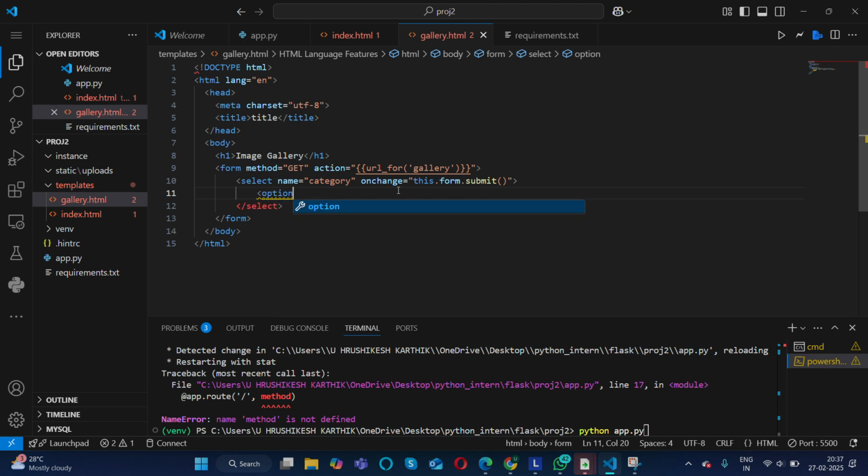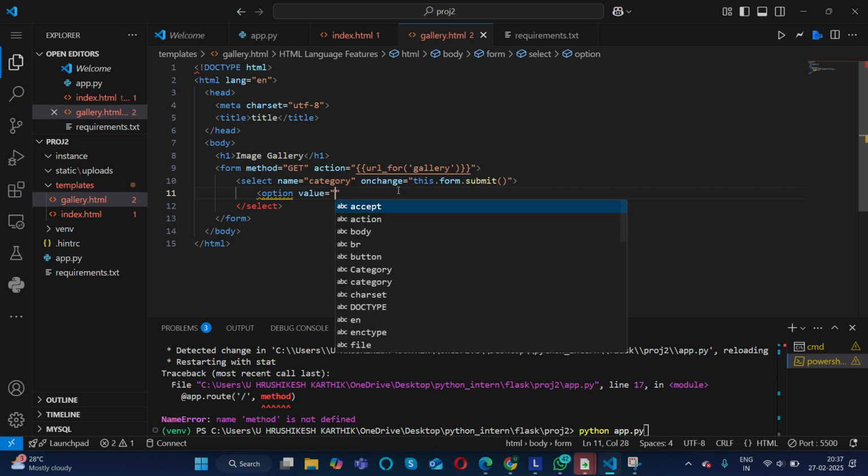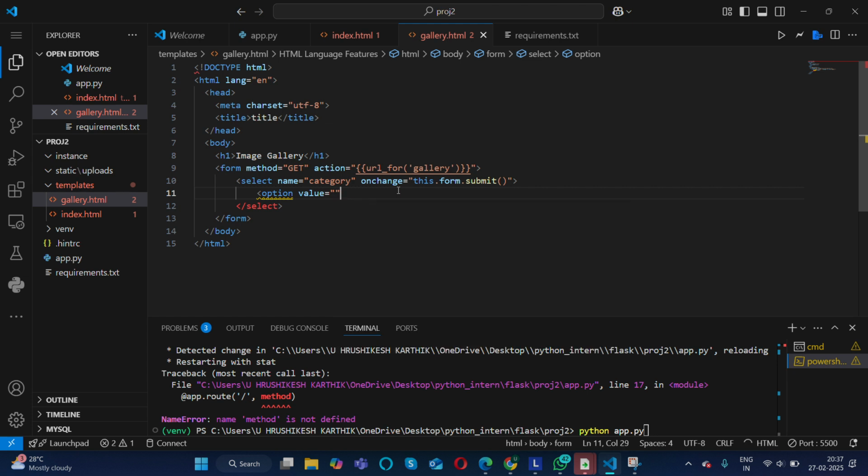So these things won't be static. I'll be selecting dynamically what all I give. So that's the reason I'll keep it null, because I'll take it dynamically, right?